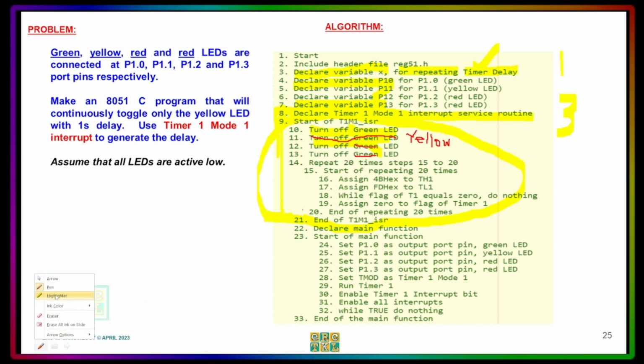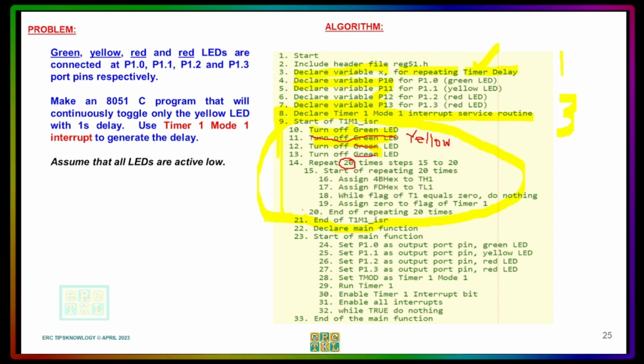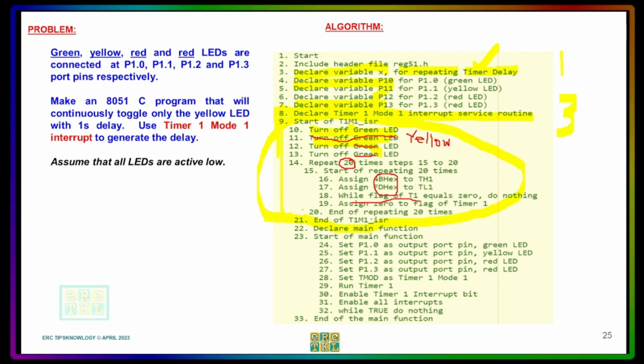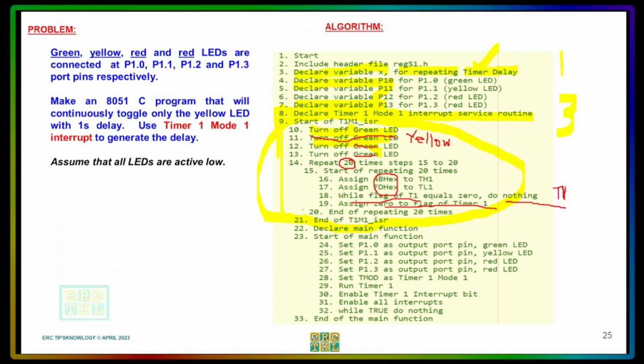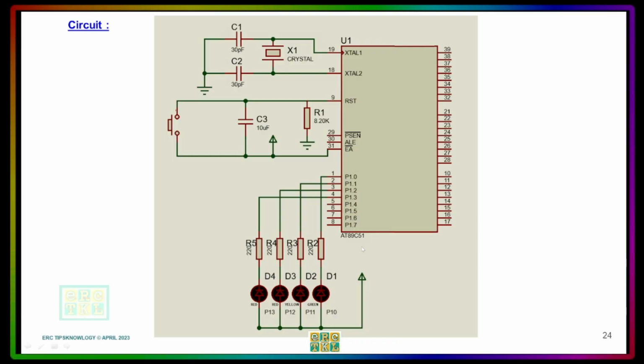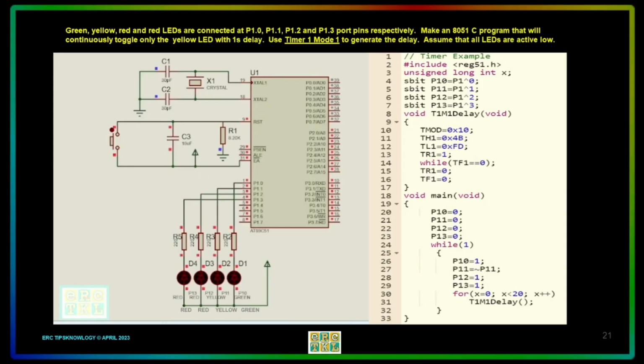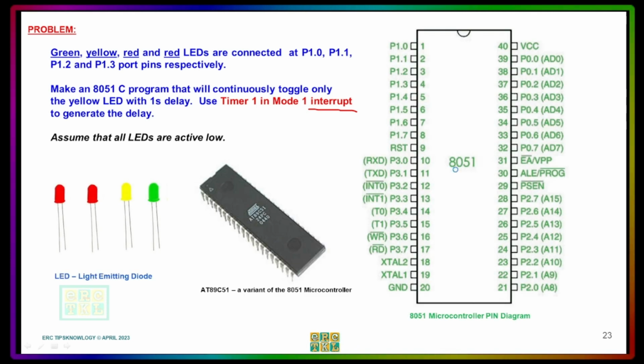Then we have the start of repeating 20 times, like what we did in the timer. And here you will notice that we again have the 4BFD to make it 50 milliseconds. Just like the timer, while the flag of timer 1 equals 0, do nothing, and then we clear the timer flag. But you will notice that there's no TR here. We did not use TR1 equals 1 or TR1 equals 0. If you go back to our example for the timer, we have TR1 equals 1 and TR1 equals 0. But for the interrupt, we don't need to do that, because in our main function,